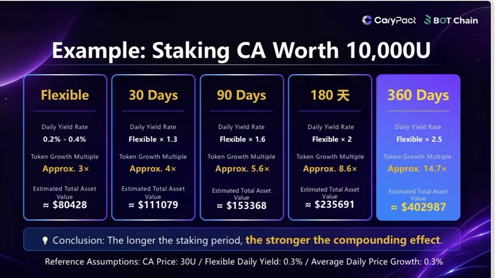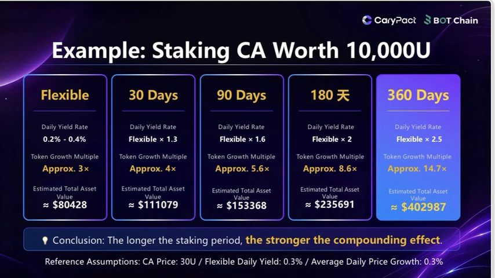Let's take a simple example using a 10,000 USDT CA staking allocation. For flexible staking, the estimated daily yield ranges from 0.2% to 0.4%, with principal return potential of approximately 2 to 4 times. Through the power of compounding, a 10,000 USDT position could potentially grow to an estimated 170,000 USDT over